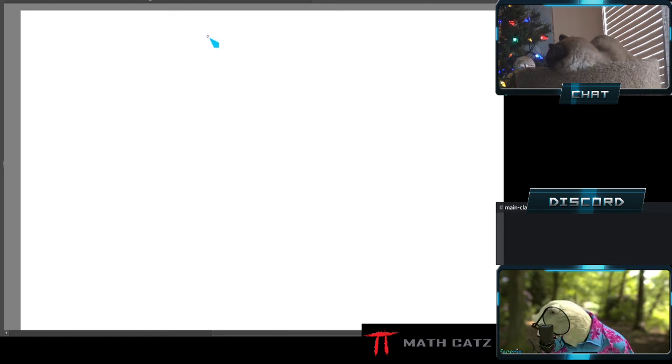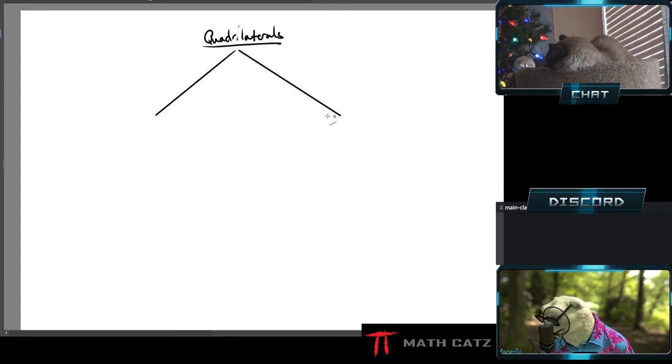So let's start with our quadrilaterals. Among these four-sided polygons, there's more structure possible, and they might have their own names. So first up, we'll split it into two kinds. We want to now be more specific. The quadrilateral, remember, just as long as it's a polygon with four sides, it's a quadrilateral. But some of them could be a little bit strange. And maybe that's too general. So we're going to